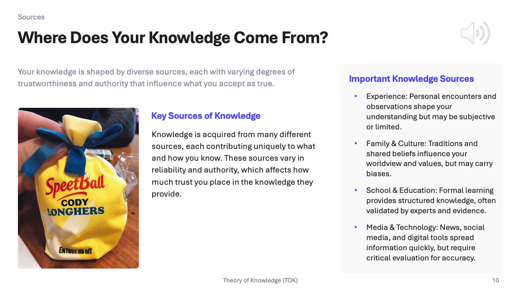None of us acquire knowledge in isolation. We all belong to communities of knowers. These communities shape what you value, what you trust, and how you understand the world. Your family influences your early knowledge. Demographic groups shape perspectives based on shared identities. Cultural and national communities provide collective values. And online communities have created entirely new spaces for sharing and challenging ideas. Each community you belong to shapes which authorities you trust and highlights the deeply social nature of knowing.